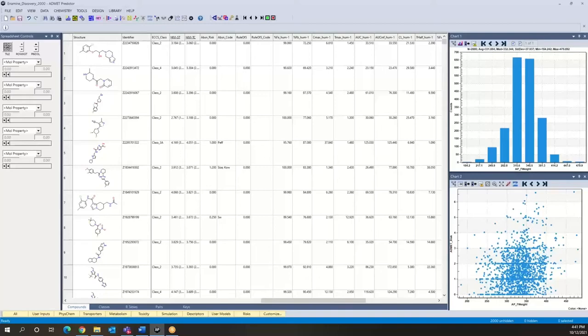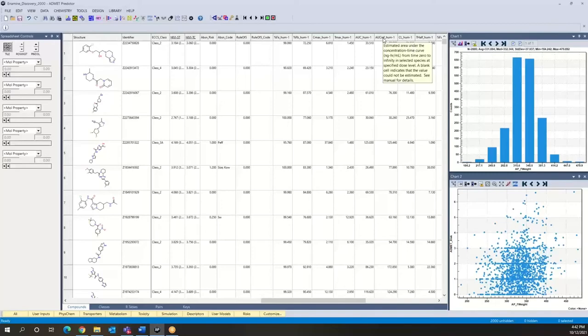We have %FA, fraction absorbed, and %FB, fraction bioavailable. Cmax_HUM is for human at the 1 milligram dose. That's what the 1 stands for. Cmax is the maximum plasma concentration reached. Tmax is the time at which this maximum concentration is reached. Then we have AUC for the last dose, and also the AUC_INF,